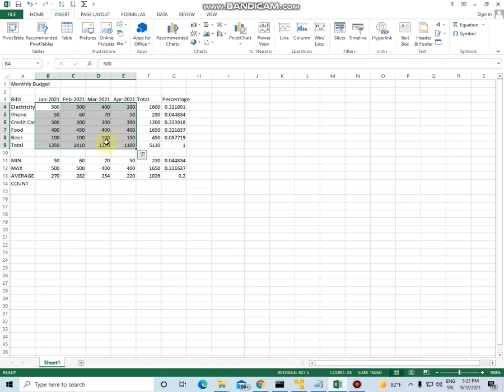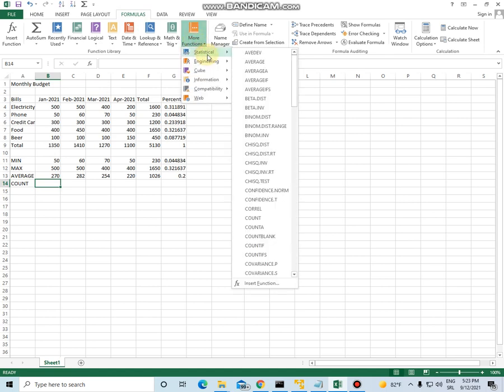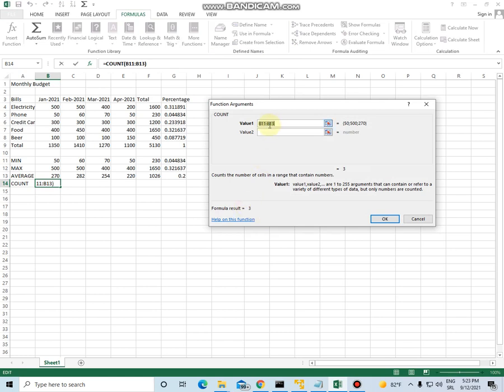And to find the count function, we will click here. We will go to Formulas tab, More Functions, Statistical, and here is the count function. We get the function arguments window, and it says from B11 to B13, and that is not correct.